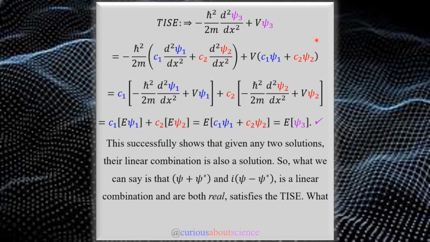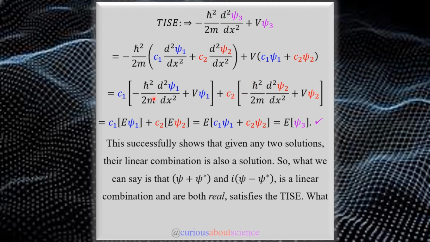Now, what we can do is group all the blue terms together. As you see, we have them there and there with the appropriate constants, V and negative h bar squared over 2m, and do the same thing for the red terms. So if we have all the blue terms here, all the red terms here, well, this looks an awful lot like the time-independent Schrödinger equation here for psi 1. In the bracket, we have the same thing for psi 2.